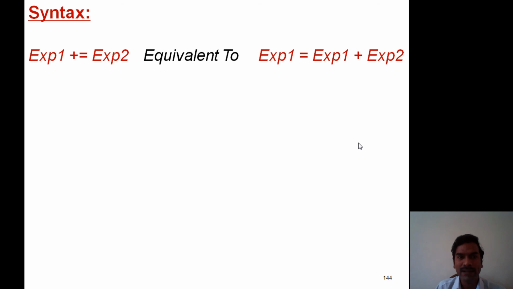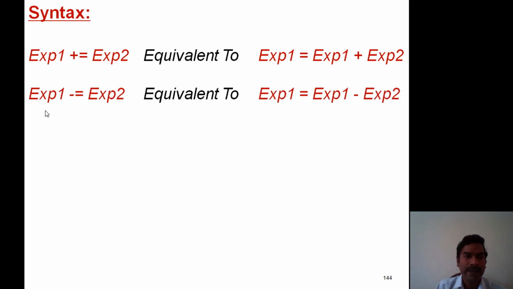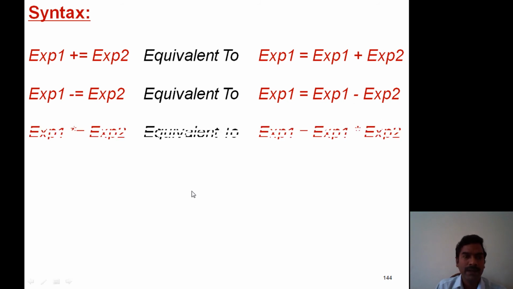In the same format, for the remaining operators: expression 1 minus equal to expression 2 is equivalent to expression 1 equal to expression 1 minus expression 2. Expression 1 asterisk equal to expression 2 is equivalent to expression 1 equal to expression 1 into expression 2.